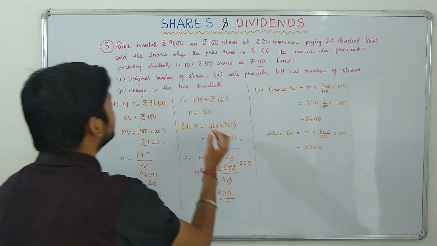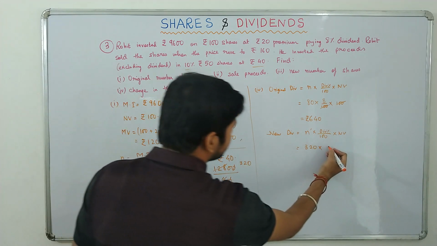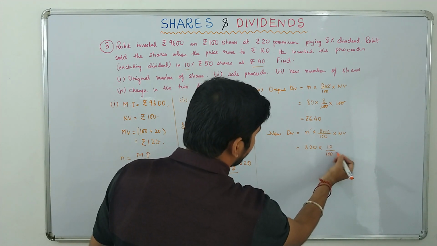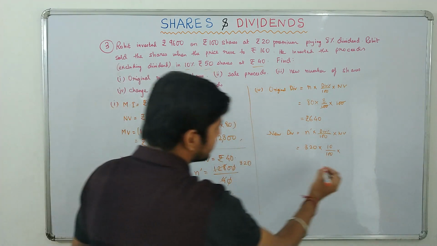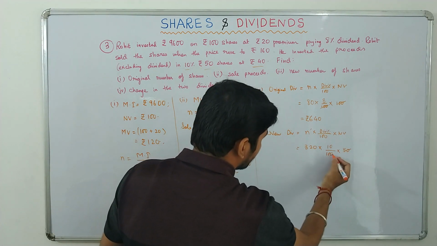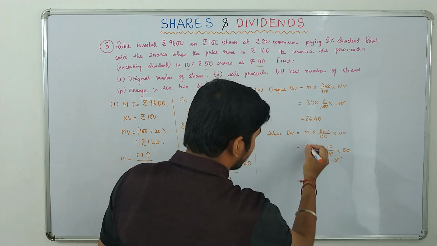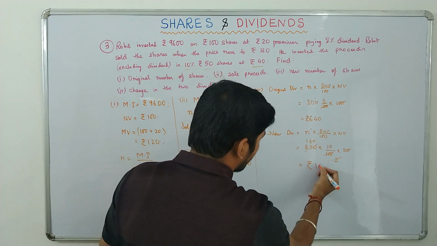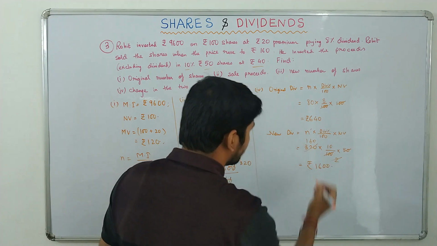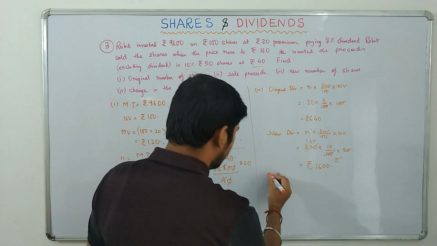The new dividend percent is 10%, and the new nominal value is 50 rupees. So 2s are 160, so rupees 1600. Rupees 1600. So the change in dividend